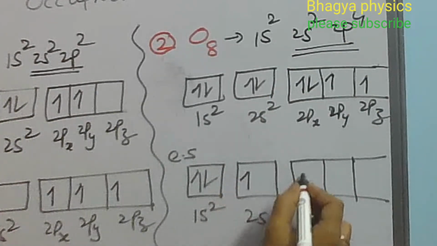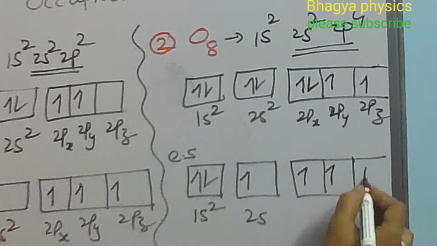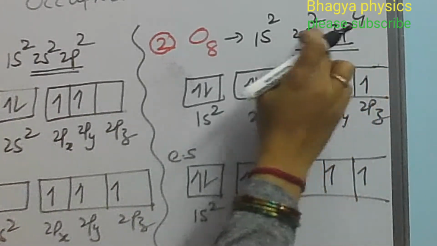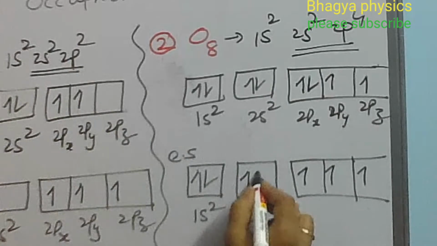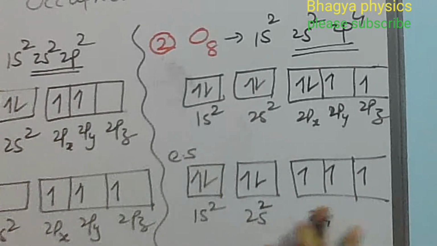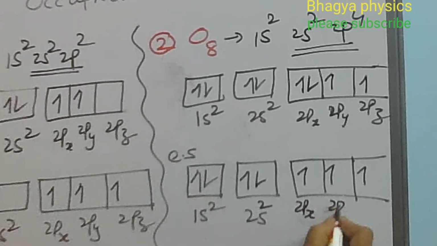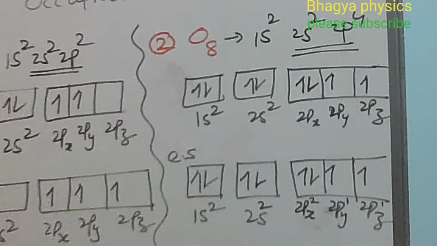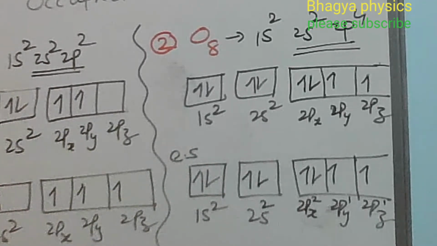First the electrons will occupy singly, then start pairing. So 4 electrons enter there, and 2 plus 4, 6 valence electrons are there. Then pairing starts in 2s2, and in 2p4 we have 2px, 2py and 2pz orbitals. How many here? 5 over. Then pairing starts here: 2 plus 2, 4, plus 2, 6. So we can write 2px2, 2py1, 2pz1. This is the difference between the excited state and ground state electronic configuration.